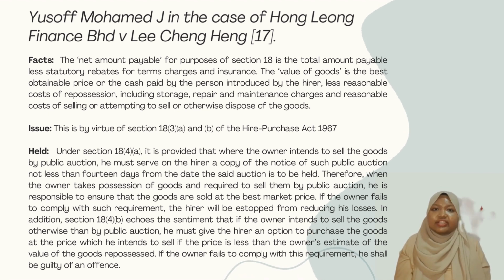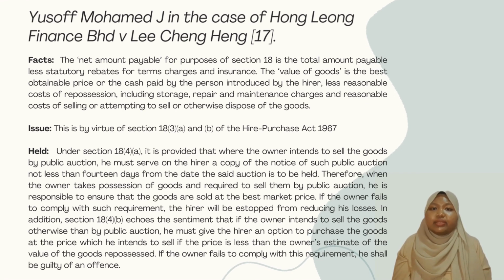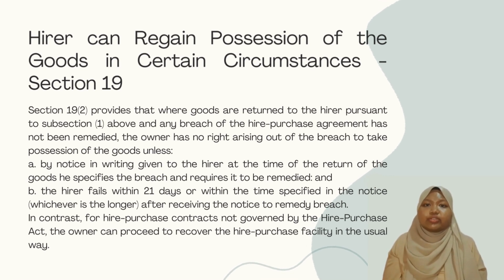In addition, Section 18 4B provides that if the owner intends to sell the goods otherwise than by public auction, he must give the hirer an option to purchase the goods at the price he intends to sell, if the price is lower than the owner's estimate of the value of goods repossessed. If the owner fails to comply with this requirement, he shall be guilty of an offence. Next, I will talk about how the hirer can regain possession of the goods in certain